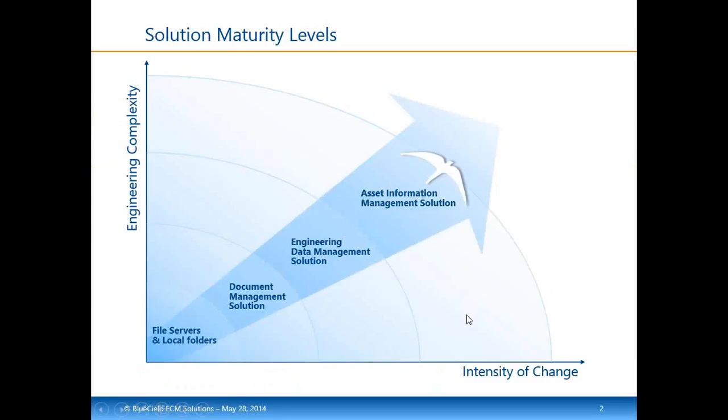There we go. Our goal is to provide you a scalable portfolio of business solutions, one that allows you to implement functionality appropriate for the business environment, but one that doesn't become a hindrance as your business environment becomes more complex. Instead, provide an additional functionality to match this growing complexity. In this diagram, we map engineering complexity against intensity of change. And what we mean to express is that there needs to be